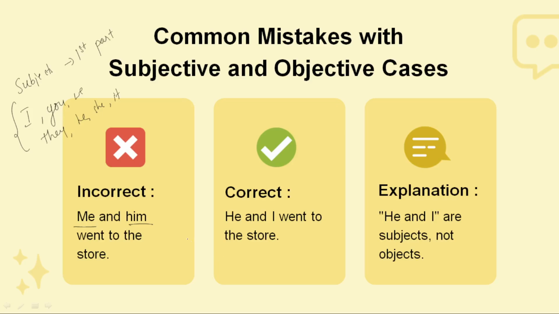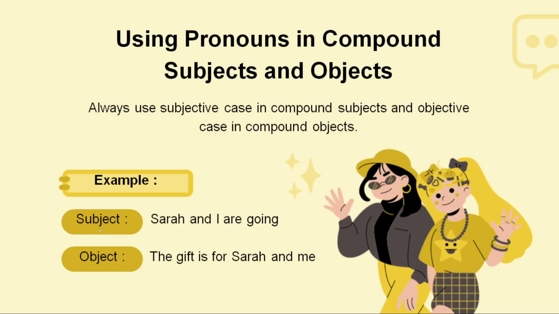Okay. And coming to the correct sentence, he and I went to the store. This is correct, because here the subjects he and I have come in the first part of the sentence. This is not correct. Okay. And coming to this, me and him always come in the objective case, at the object, the last part of the sentence. The boy came and gave the cake to him, to her. So this me, him, her, all these objective cases come at the last part of the sentence. Please note that.